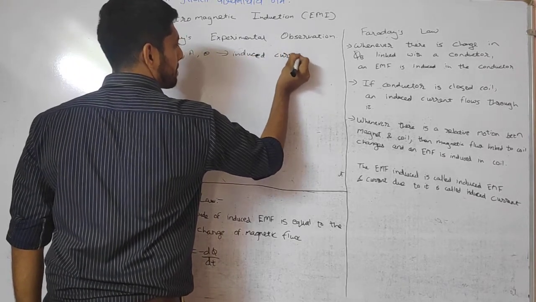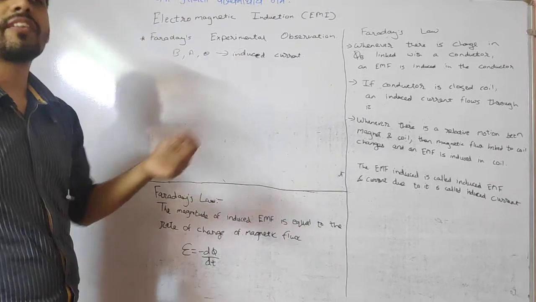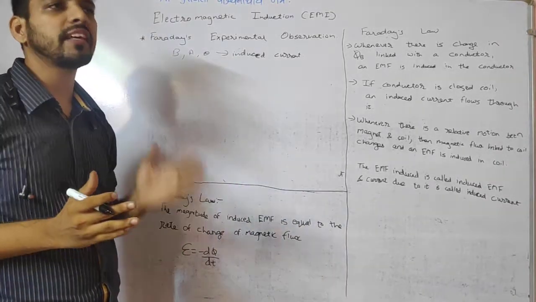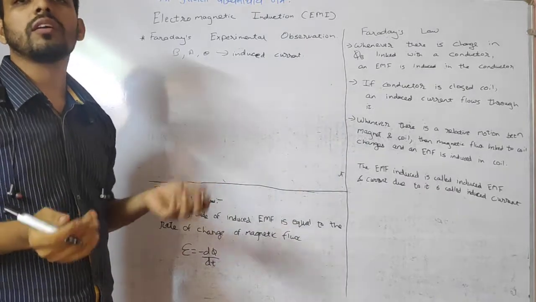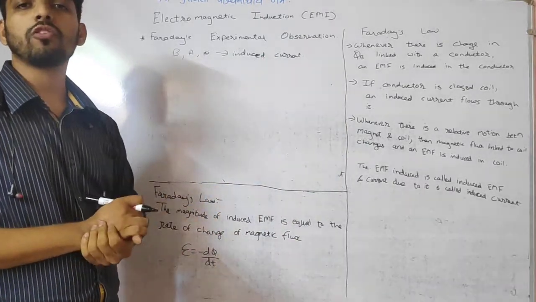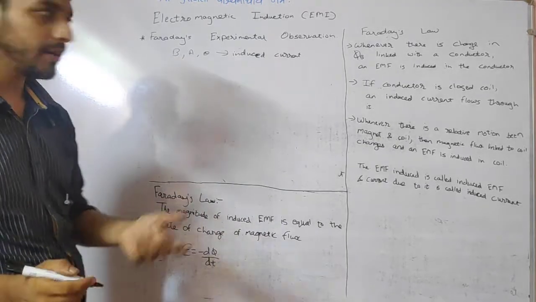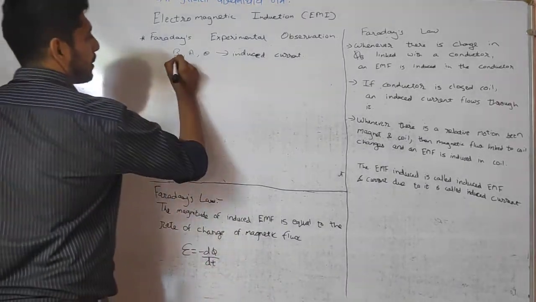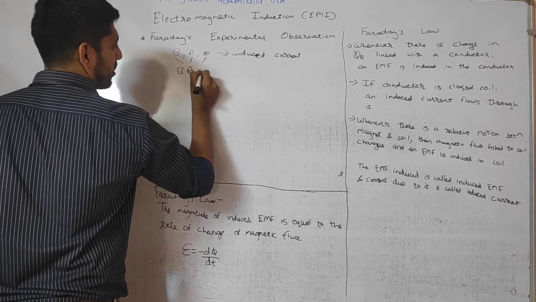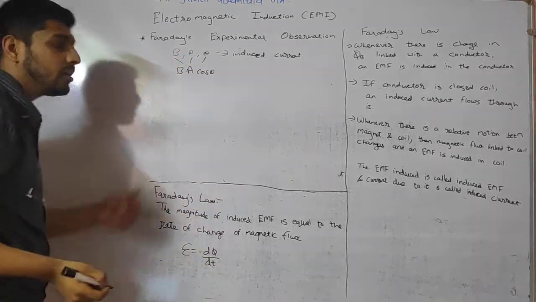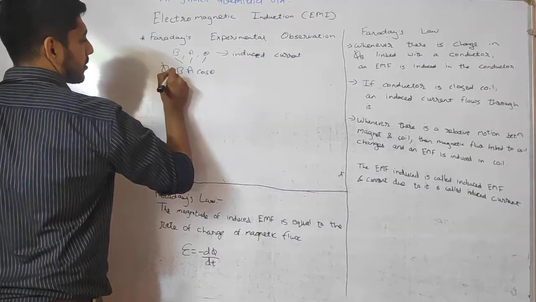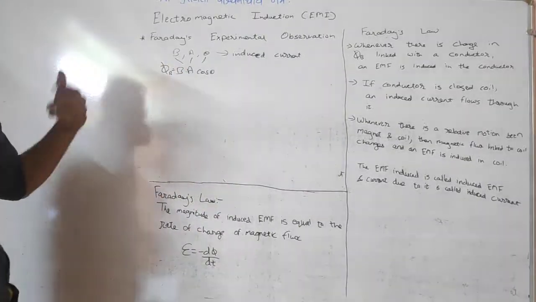When is this current induced? If there is any change in EMF, meaning if there is a presence of a potential difference, then and only then can the current flow. Unless there is a change in potential, there would not be any electric current or induced current. But now remember, do you remember this formula, BA cos theta? What is this formula for? This formula is for flux, magnetic flux. We have done it in the last lecture.